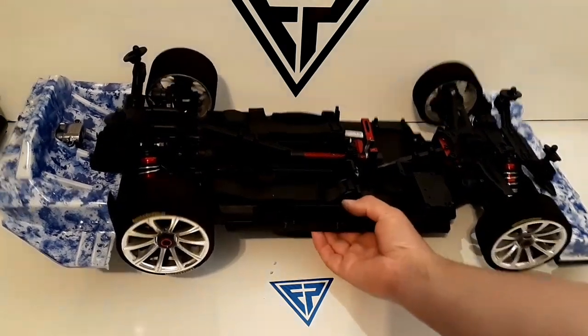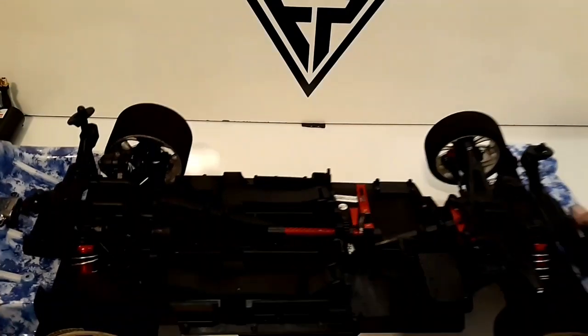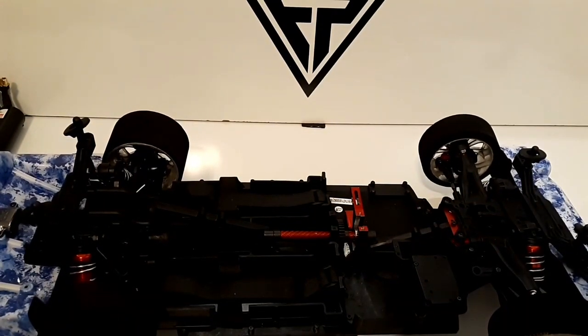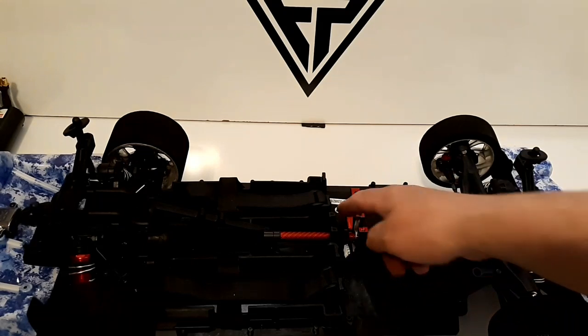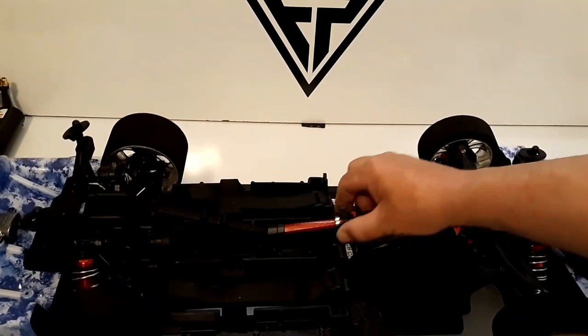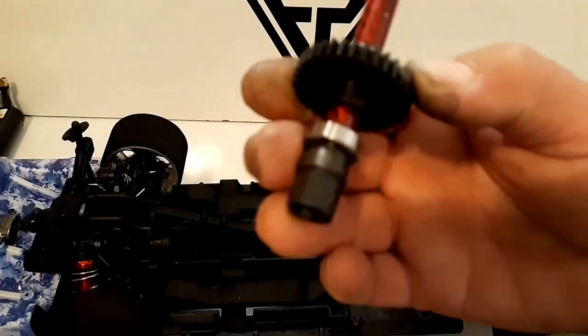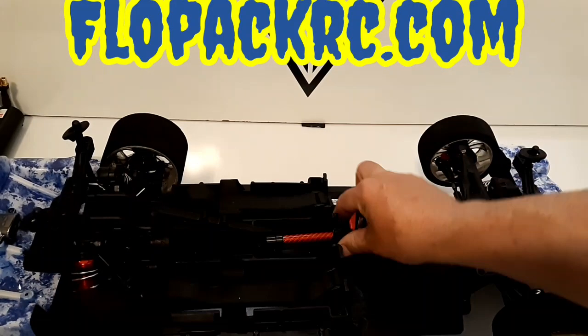Just to show you guys, this is my 7th scale spool that comes in the Felony. Well, doesn't come in the Felony. It's used for the Felony, the Limitless, the Infraction, and that's without any flow juice or anything in it. It's just the way it is. It slaps right in now. There's no worrying about fit and finish. There's no more washers, nothing like that. Pops in,